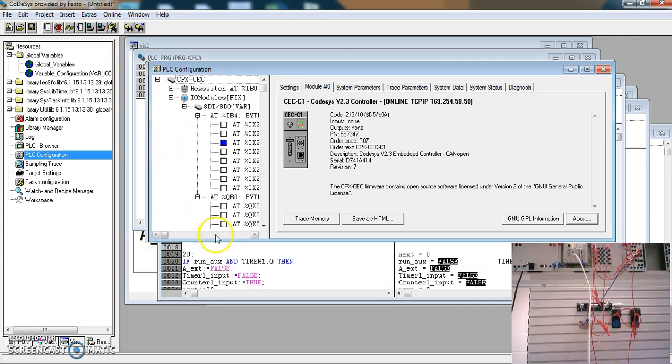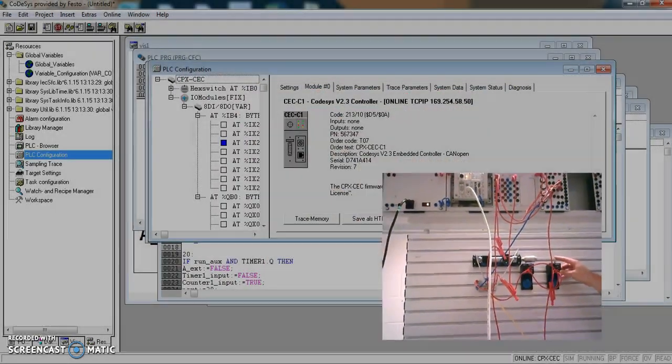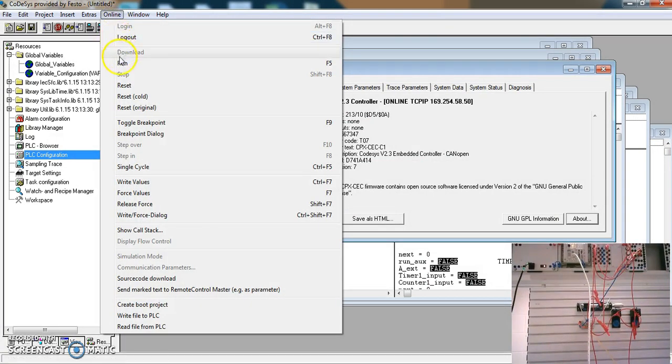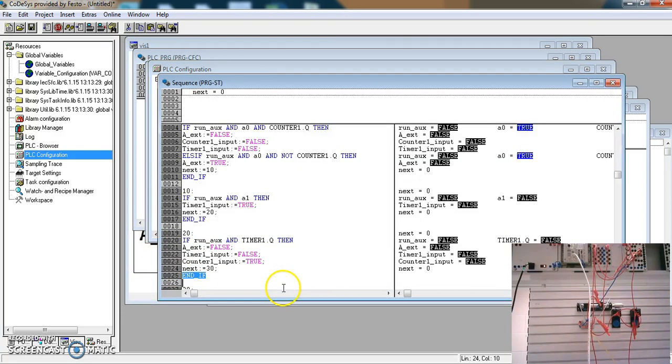So at the minute I'm linked to the PLC. For example, if I were to press the roller switch here, I would see input bit 3 come on. So at this stage then I can go online and run and show you the program,